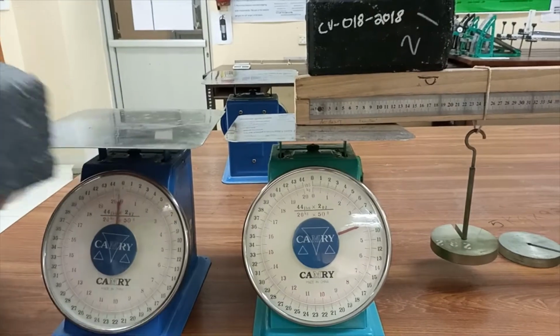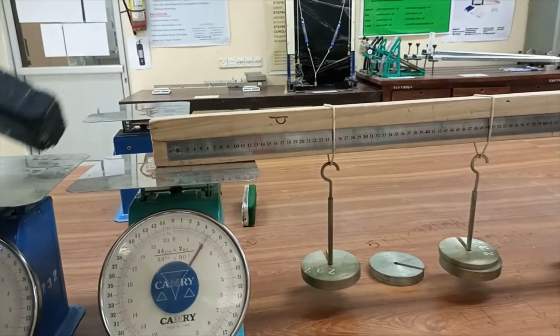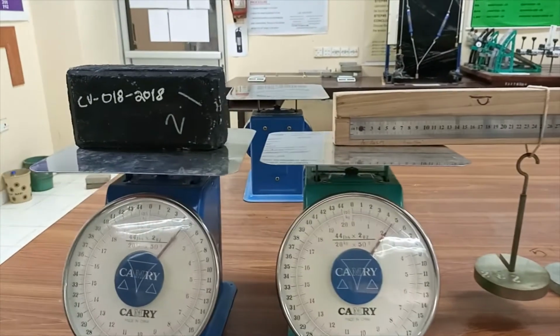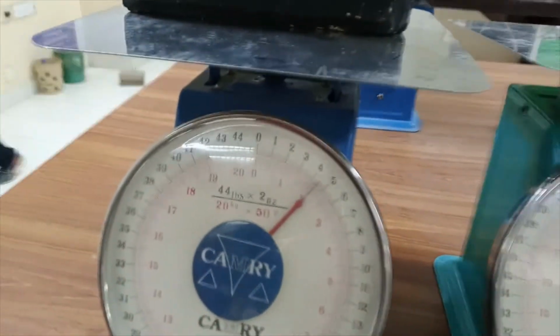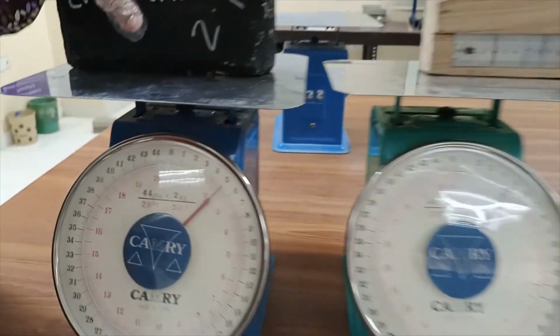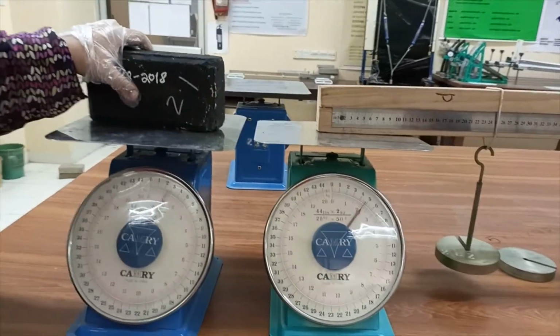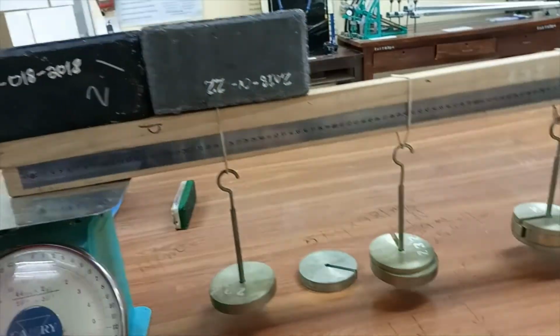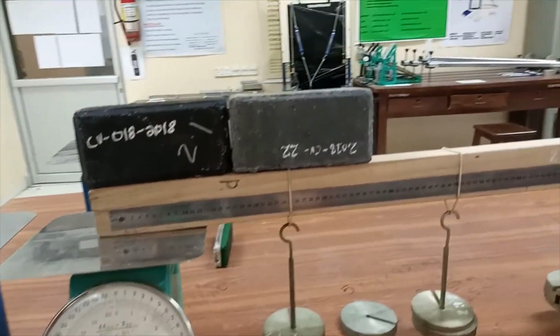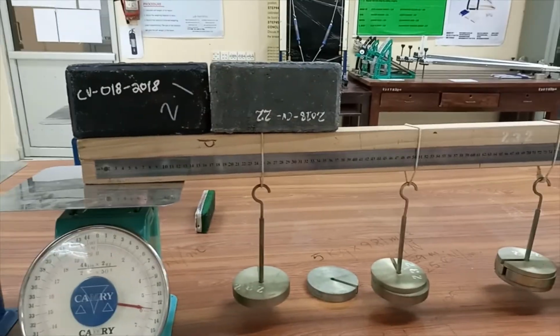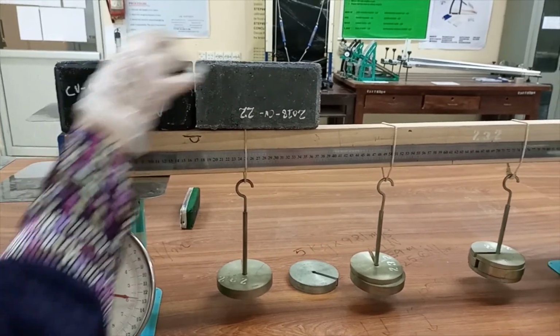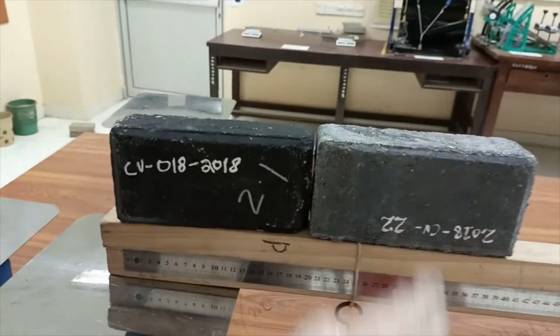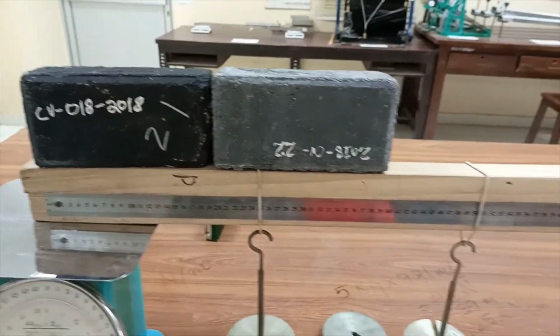So let me put it, 2.3 kg, and I have to check its weight, and its weight is coming out 2.1 kg. So when I add 2.1 and 2.3, it becomes 4.4 kg. So I will put this weight over here and this weight over here. So now it has become a uniformly distributed load, and its total length, for example, I am taking from the scale. So now it has become what? It has become 39 centimeter.